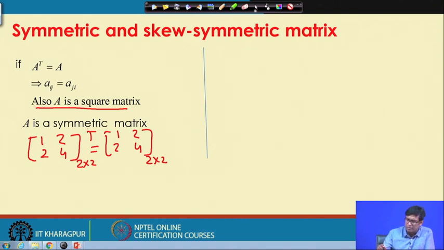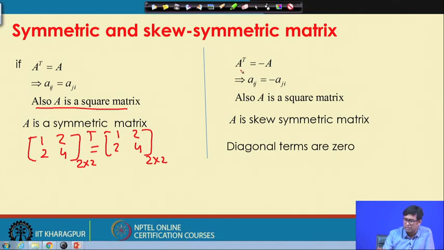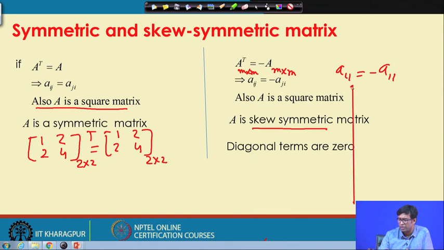Similarly, we have another term called a skew symmetric matrix, where the transpose of the matrix is equal to the negative of the matrix, that is, each term A i j is equal to minus A j i. In this case, A also has to be a square matrix, because only if it is m into m and this is m into m is this possible. This is called a skew symmetric matrix. The interesting thing is that for the diagonal terms, we have to get A 1 1 equal to minus A 1 1,